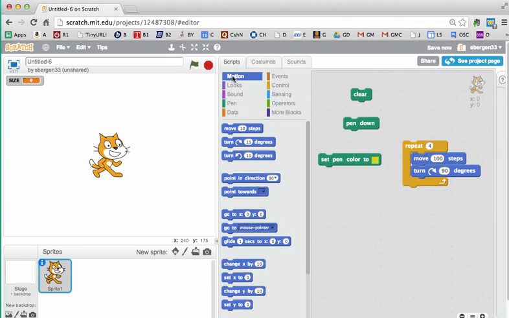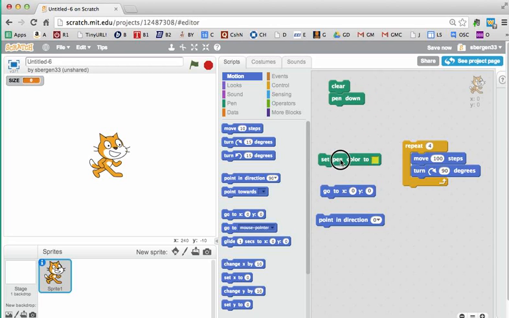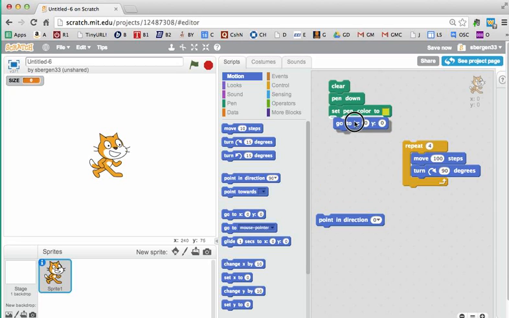You know from previous lessons that it's good to go to the 0, 0 point, and maybe point in the direction of 90, which is to the right, but I would rather point going up, which is straight this way. So now I will glue my program together: clear, pen down, set pen color, go to, point in the direction,